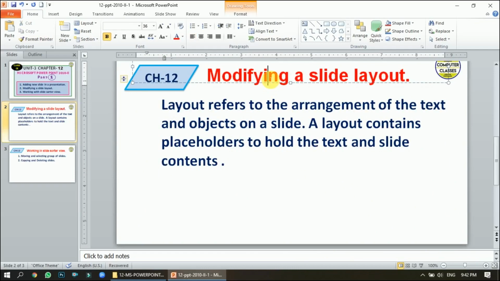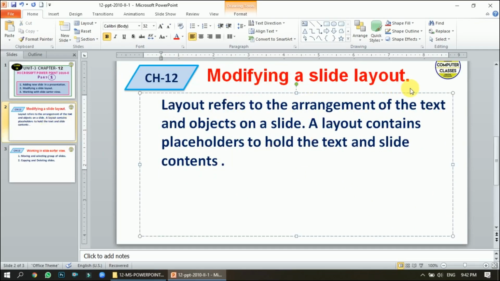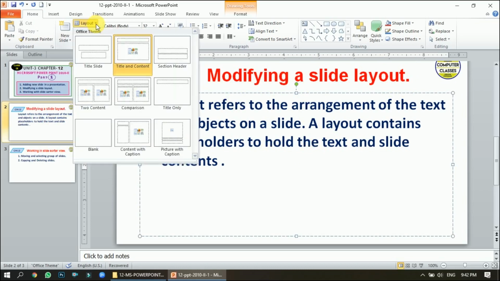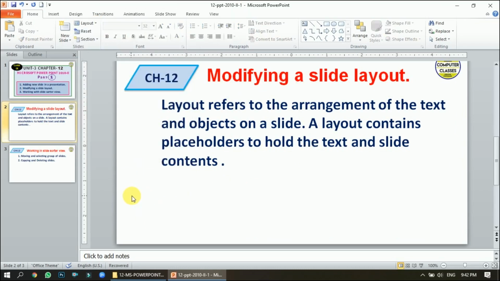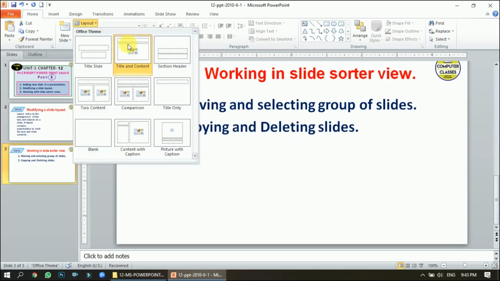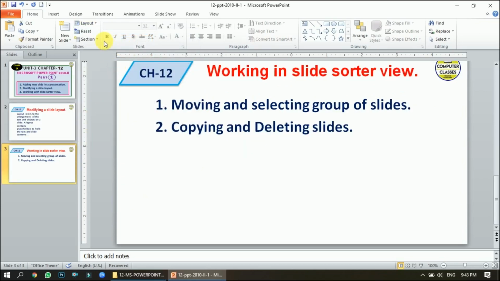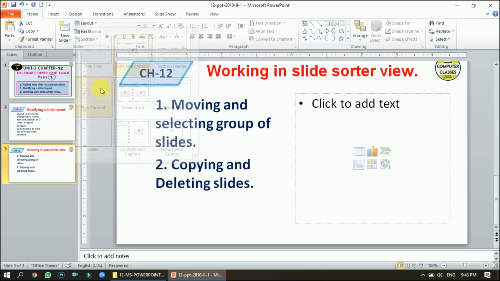Now, modifying a slide's layout means you come here and see the different layouts, right? We have the option to choose the layout according to our requirement, or we can change the layout of an existing slide. I can select the slide and choose the desired layout.